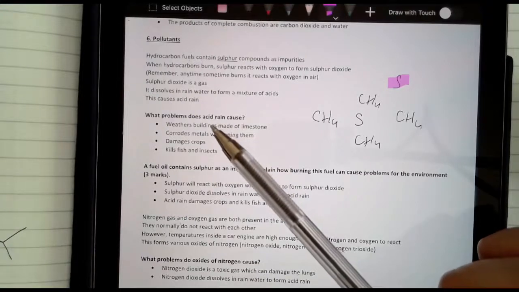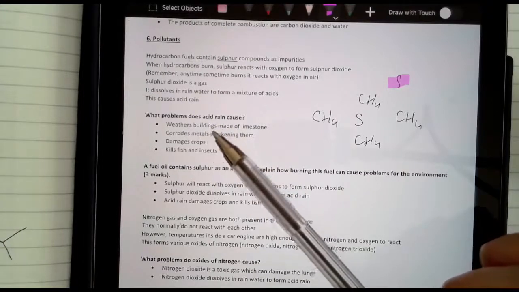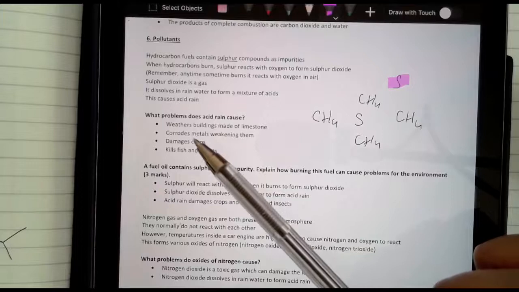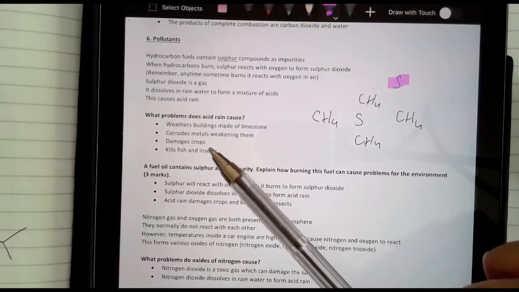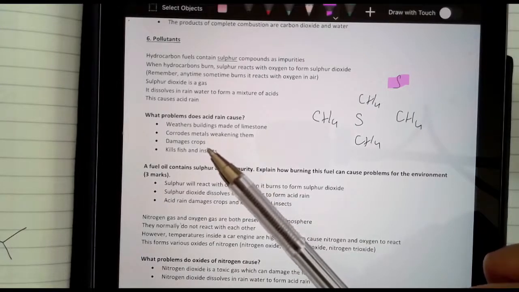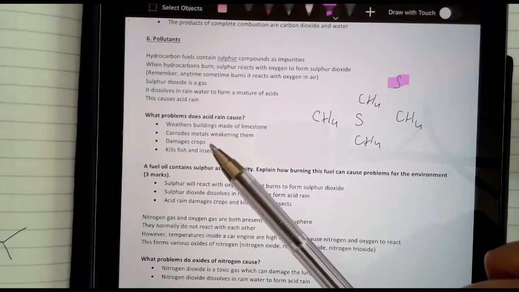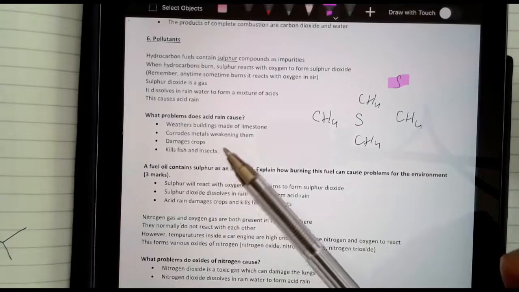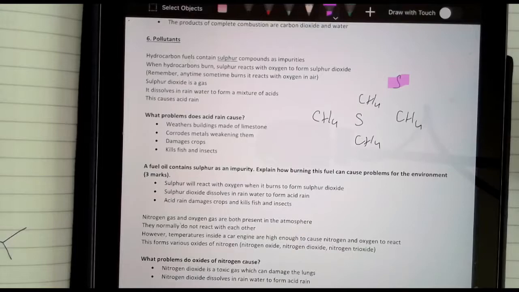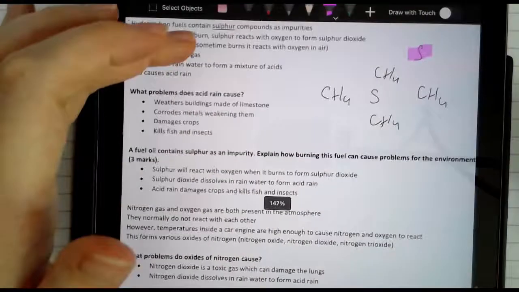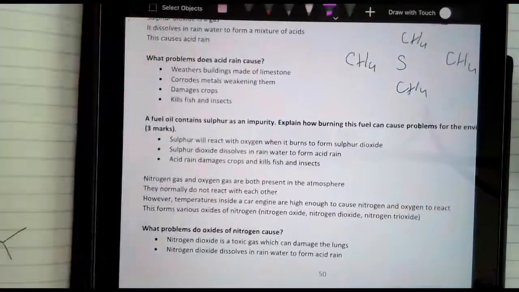Why is acid rain a problem? It will weather buildings, so it wears buildings away and corrodes metals. It damages crops because it changes the pH of soil, makes it difficult for crops to grow. It kills fish, it kills insects. So acid rain is not going to be a problem to people. It's not going to land on your skin and burn your skin, but it does affect the environment and